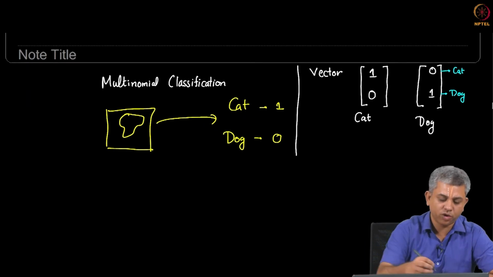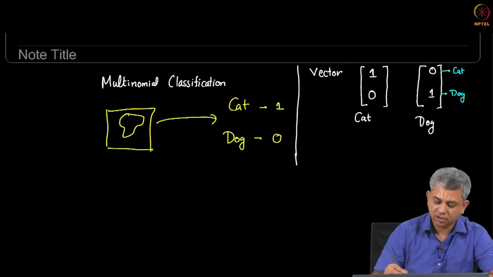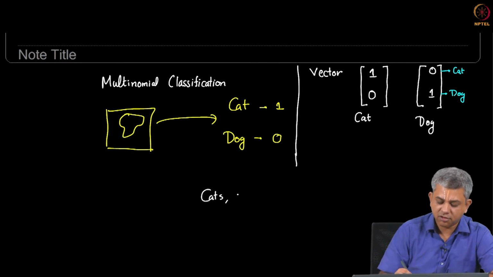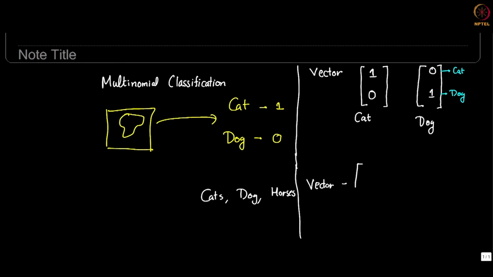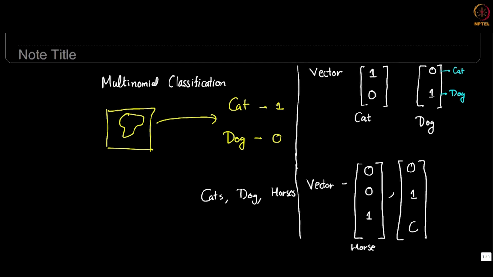Let us go one more step. Let us say we have 3 classes. Let us say we have cats, dogs and horses. Once again, the one hot vector then looks like 0 0 1 for a horse, 0 1 0 for a dog. This is of course arbitrary, we just have to make consistent choices, 1 0 0